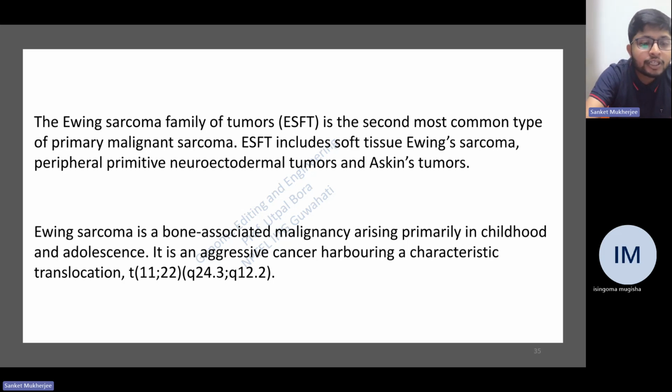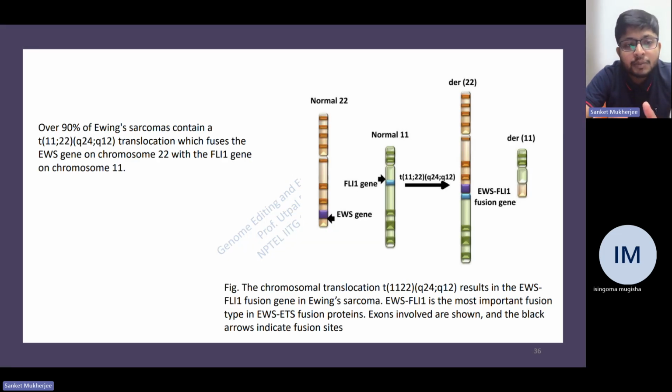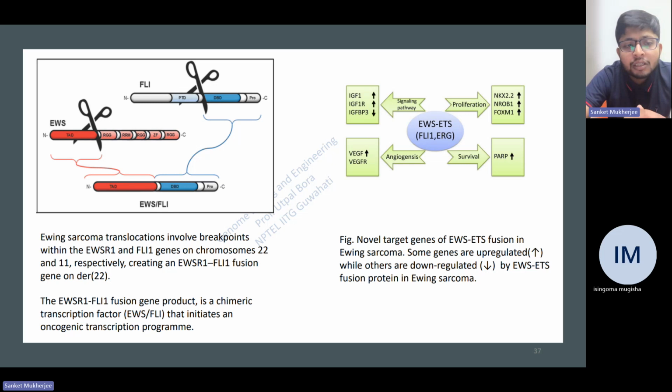So this is a translocation event that happens. The same has been explained here. Over 90% of Ewing sarcoma contain a translocation which fuses the EWS gene on chromosome 22 with the FLI1 gene on chromosome 11. The figure explains how it looks, and Ewing sarcoma translocations involve breakpoints within the EWSR1 and FLI1 genes on chromosomes 22 and 11, respectively, creating an EWSR1-FLI1 fusion gene on